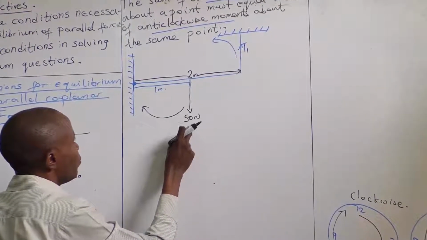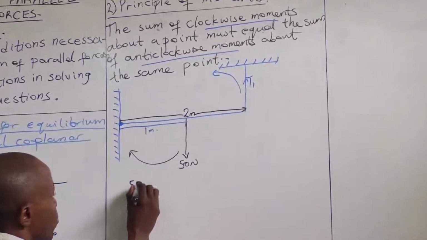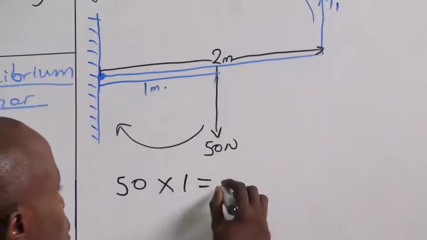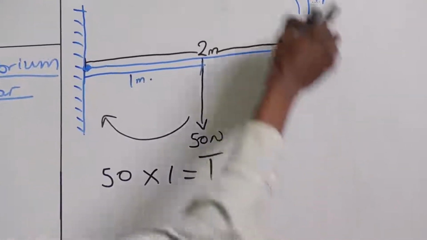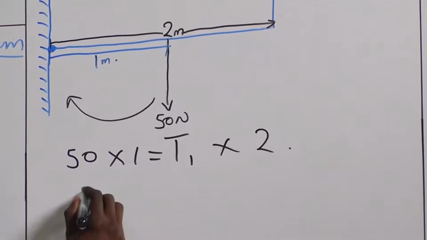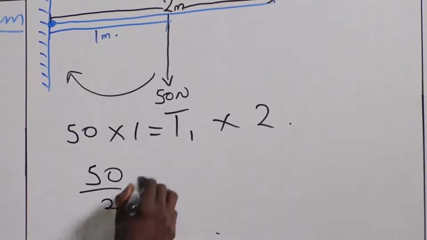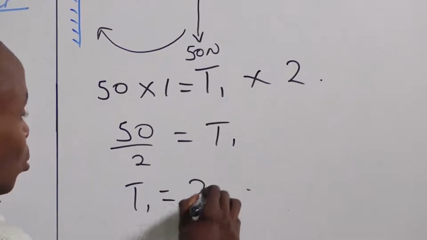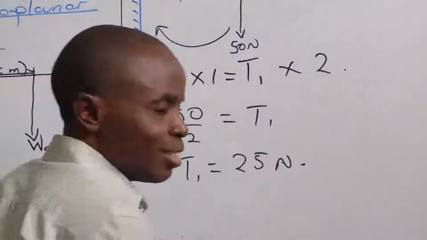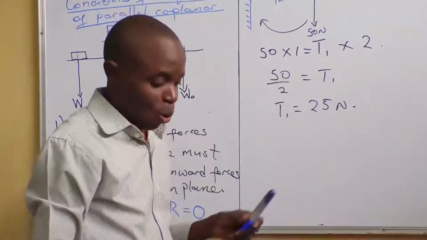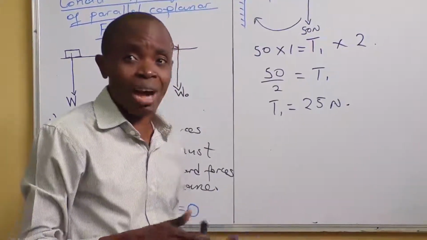Clockwise moment, that's 50 times 1. Moment is force times perpendicular distance, don't forget. That will be equal to T1 that we are looking for times 2. And if you do this, your answer is very simple. That gives you 50 over 2 equals T1. And your T1 is equal to 25 Newton. So that's a very simple way of applying clockwise movements, irrespective of how complex the